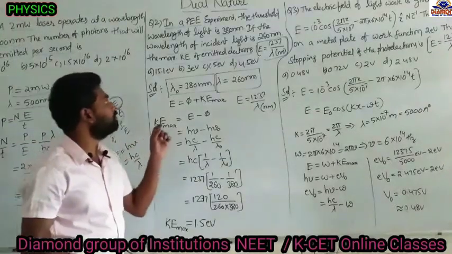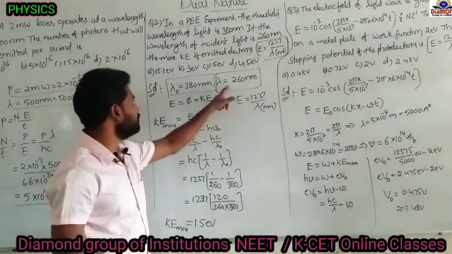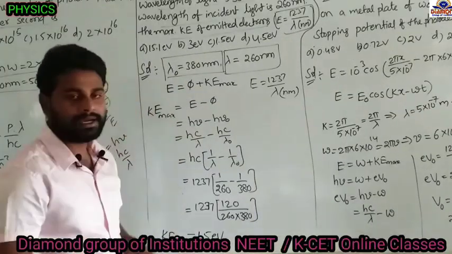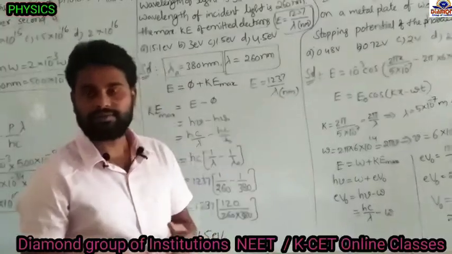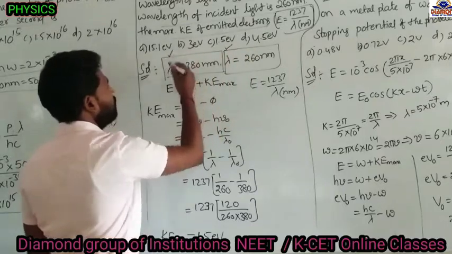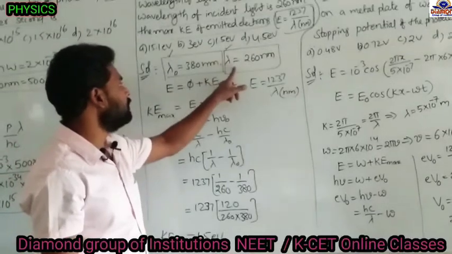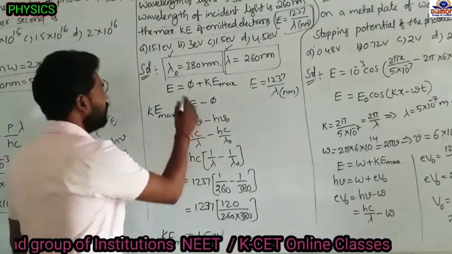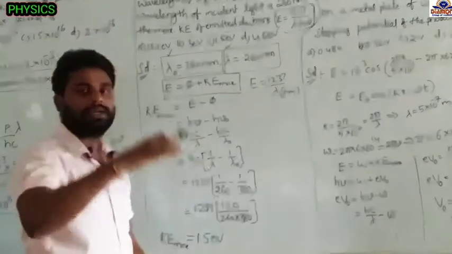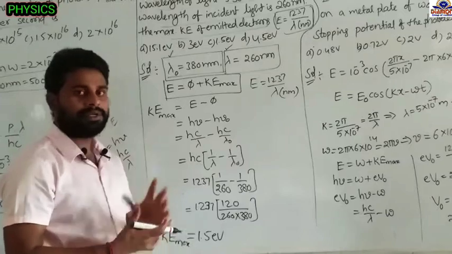An electron will be emitted from the metal surface if the wavelength of the light is less than the threshold wavelength. The threshold wavelength is nothing but the maximum wavelength required to emit the electron from the metal surface. So here the incident wavelength should be less than the threshold wavelength, then only will the electron be emitted. Now threshold wavelength and incident wavelength are both given. From the photoelectric effect we know the formula. E is the energy of the photon.